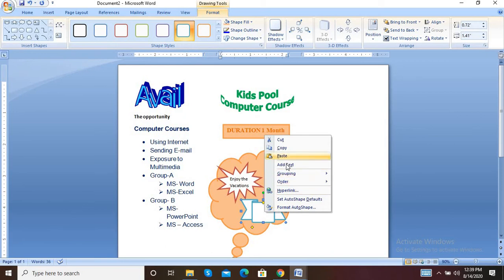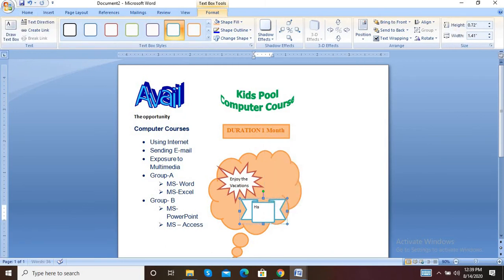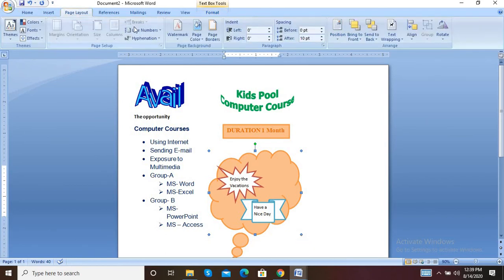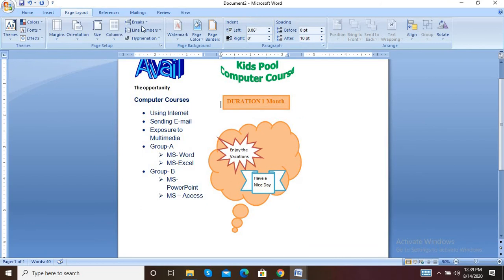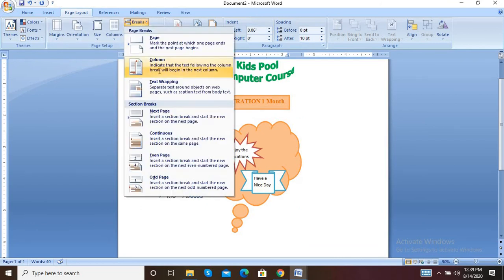So right click, add text, have a nice day. Okay, finish with the text and the insertion option. Now again go to the page layout tab and break as a column.